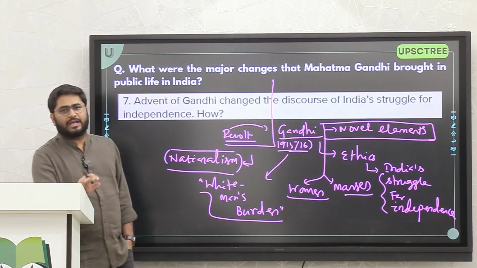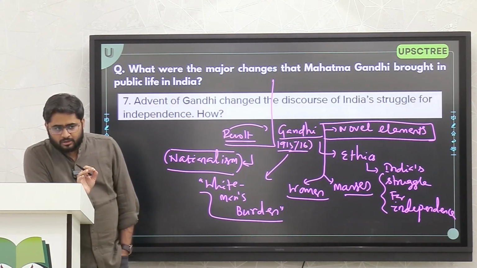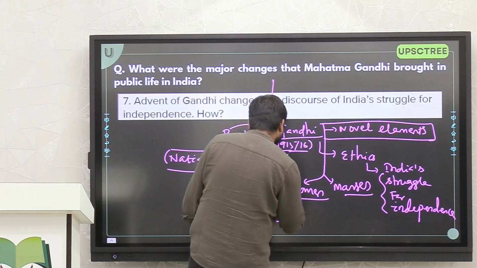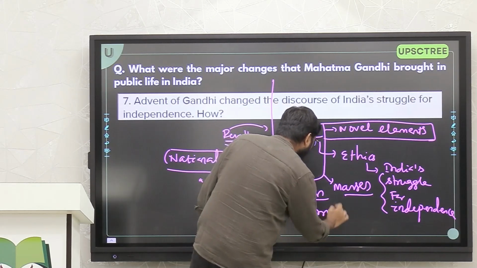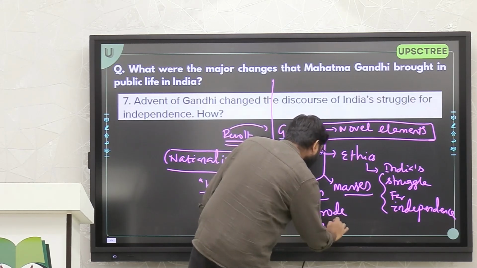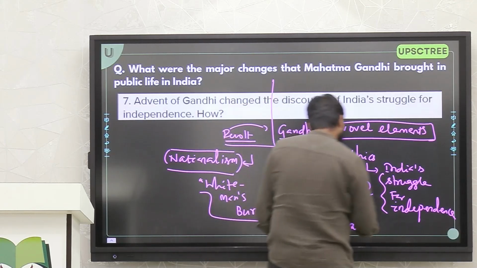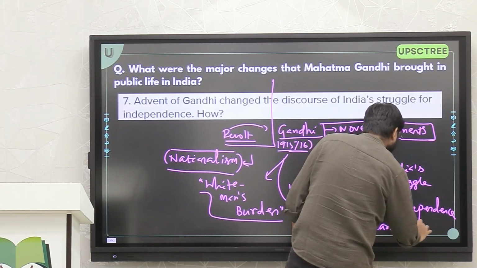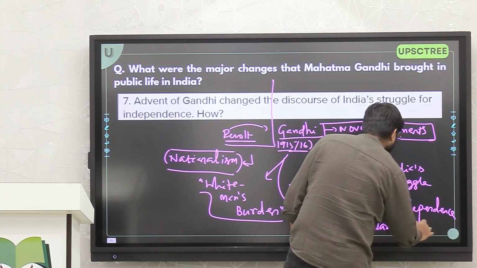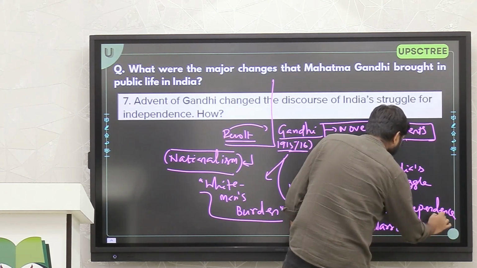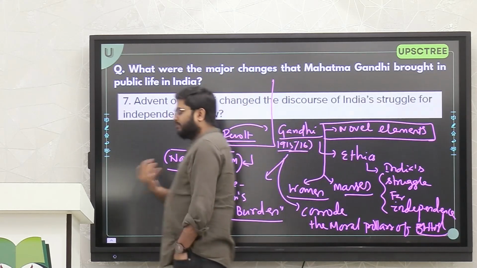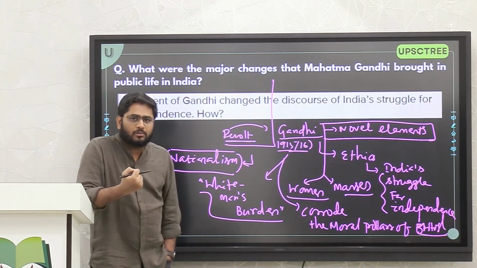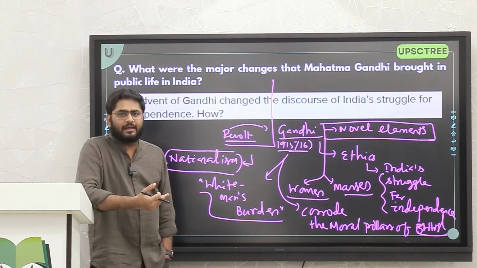He will expose that concept, and at the same time his fight will corrode the moral pillars of ईस्ट इंडिया कंपनी. ईस्ट इंडिया कंपनी या ब्रिटिश एम्पायर कह सकते हैं अभी, ठीक है. So he will expose the moral corruption of the British Empire. Okay, so